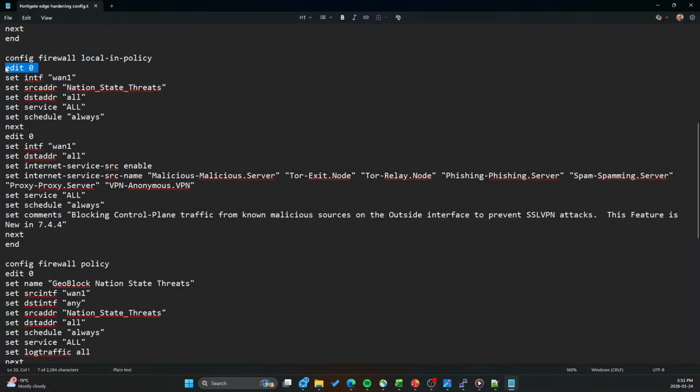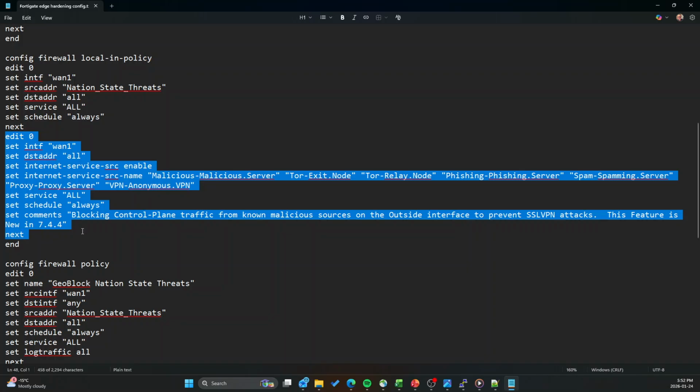Now, notice when creating these, we're using edit 0. Edit 0 simply creates the next policy. So if you've already got 2 or 3 local-in policies, it will just add an additional one. So the next local-in policy that we are creating here is